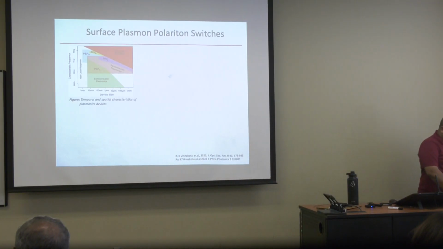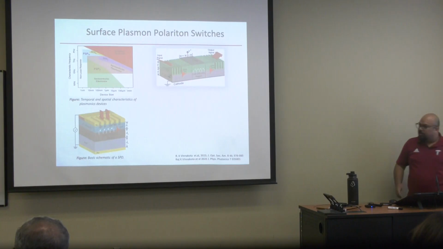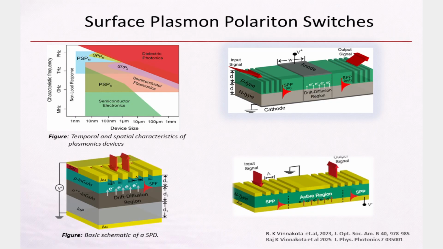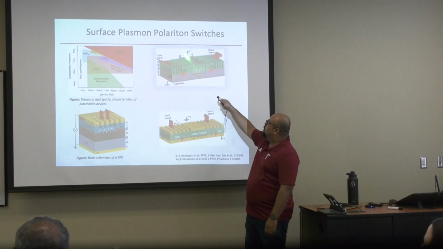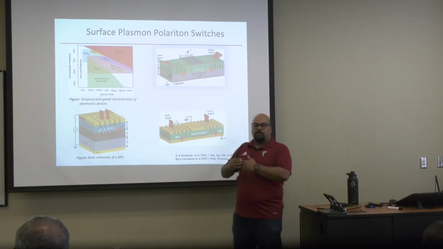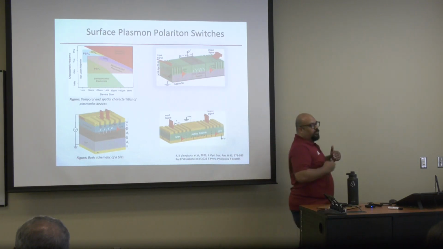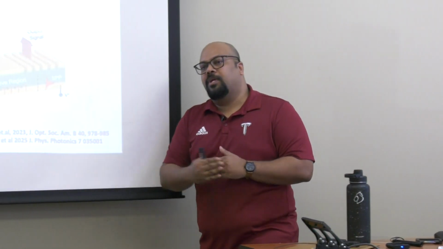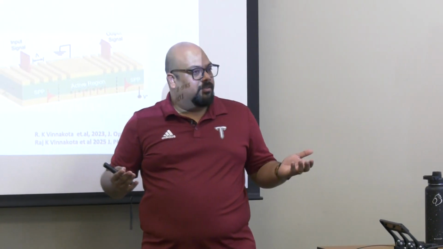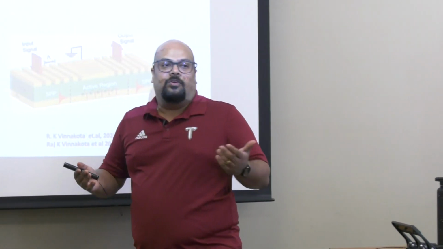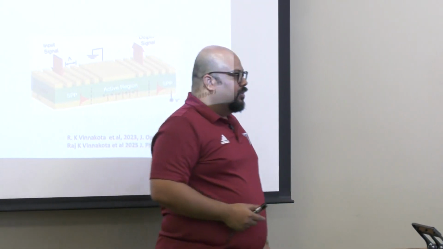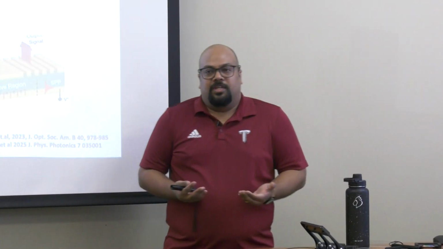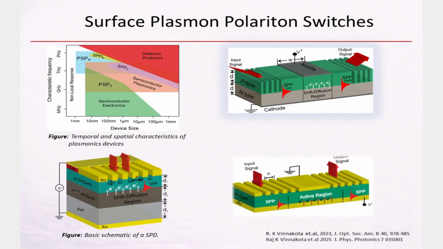So now in my research group, we have suggested a few devices. These are the 3 varieties of devices we have already suggested, and it has been published too. One of the devices uses an N-type and P-type sandwich, which we call a diode. When we have an N-type semiconductor sandwiched to a P-type semiconductor, it forms a diode. And what is a diode? A diode is an electronic switch, as simple as that. So can we use this electronic switch and suggest a plasmonic diode or a plasmonic switch?